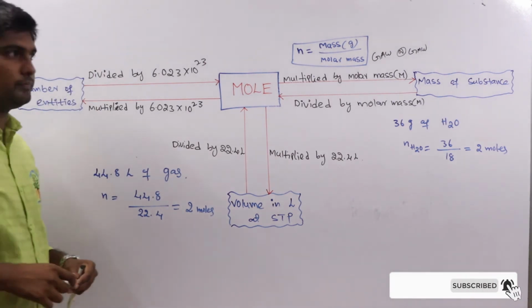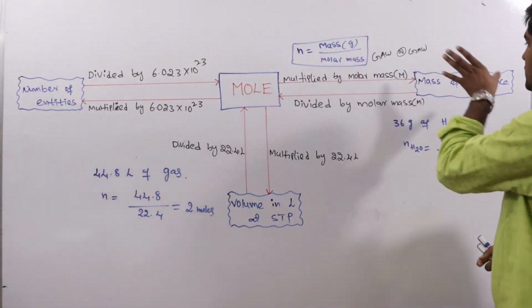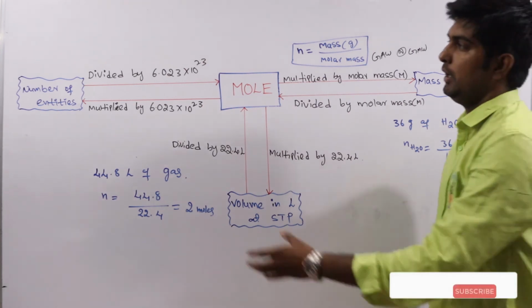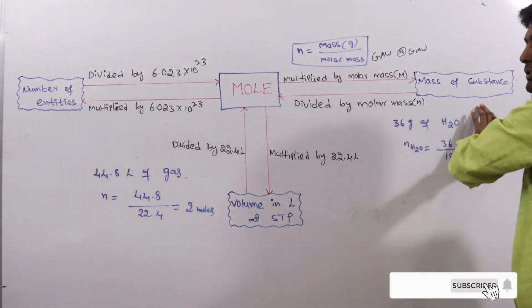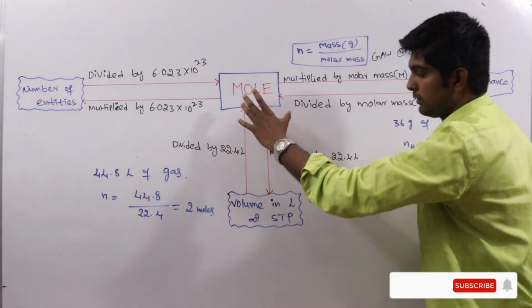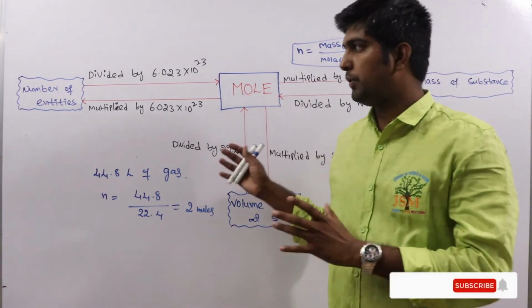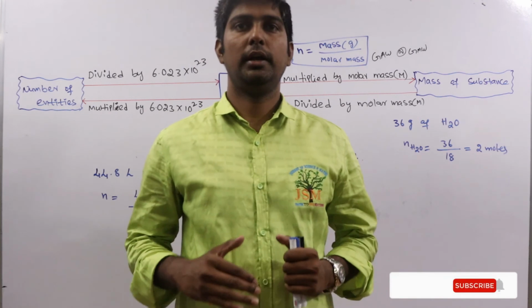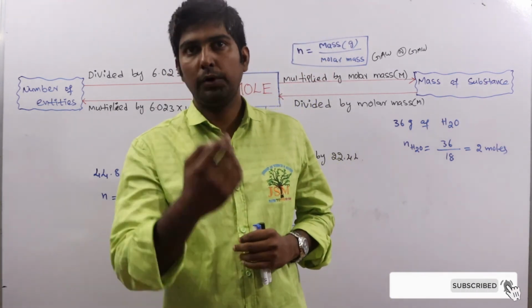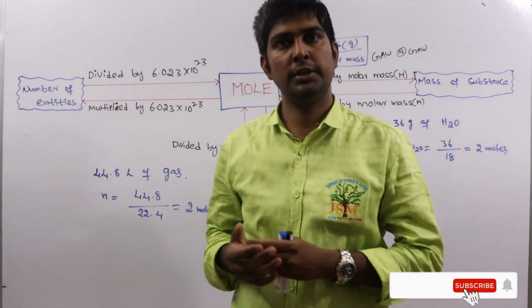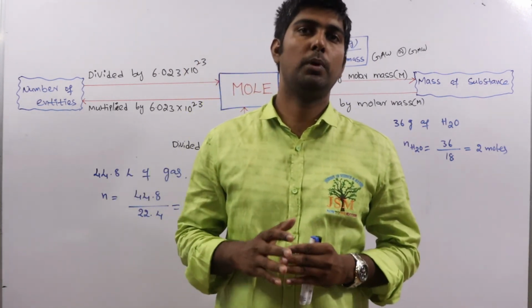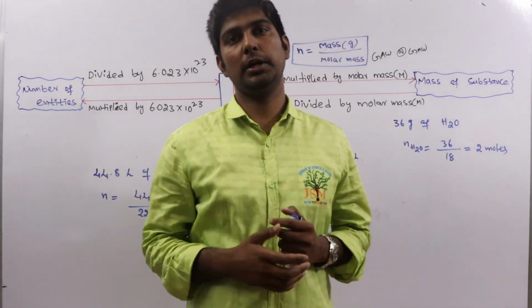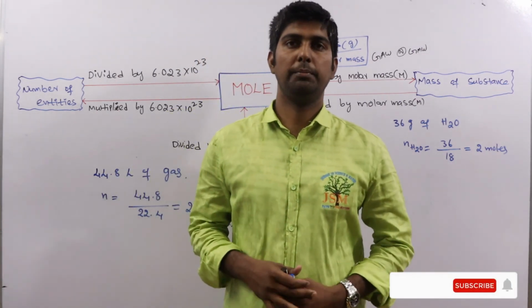Okay, so like this, from mole to mass of the substance, number of entities, volume of the gas or liquid, or number of entities to mole, mass of the substance to mole, volume of the gas or liquid to mole, if you use this, we can do stoichiometric calculations in a very simple way. In the next lecture we will discuss the 4 types of major stoichiometric calculations: mass relationship based, volume relationship, and mass-volume energy relationship. Those we will discuss one by one. Thank you.